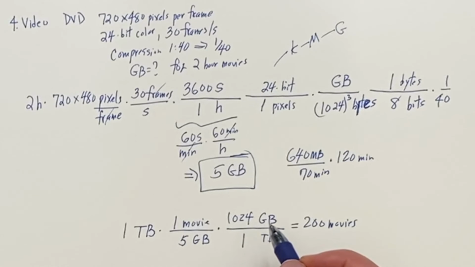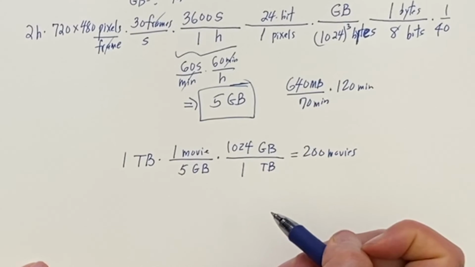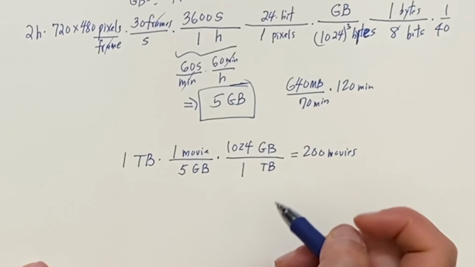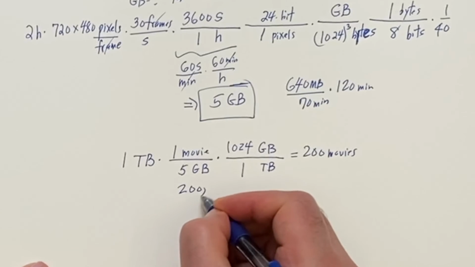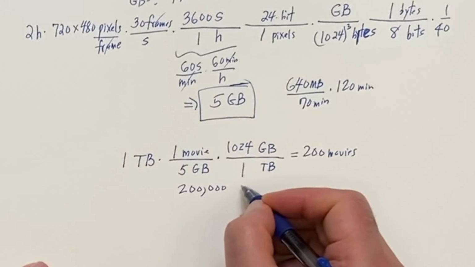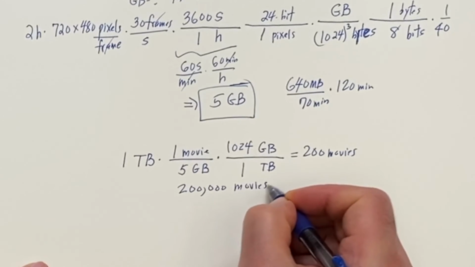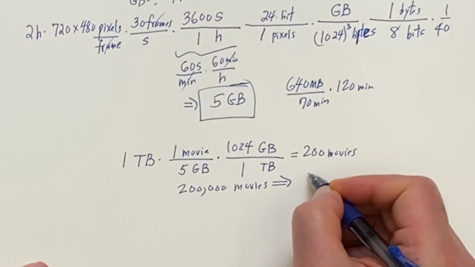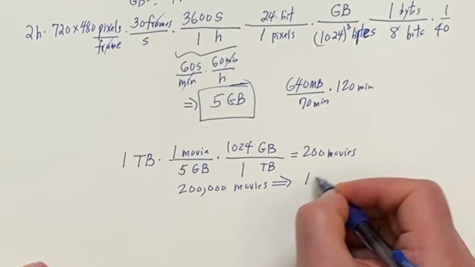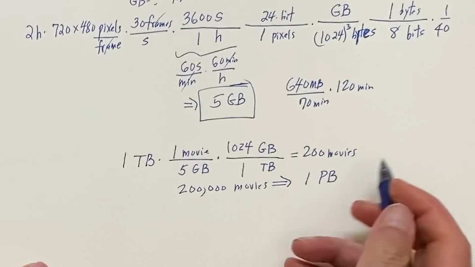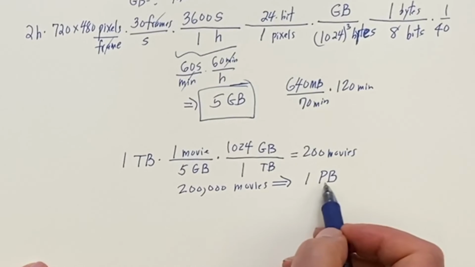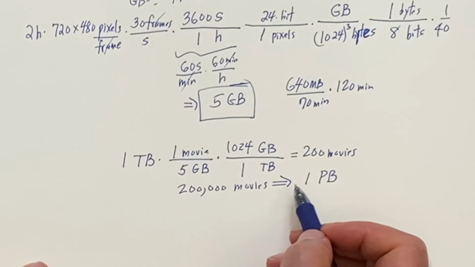And Amazon Assistant says there's about 500,000 movies in existence. So if you multiply by 1,000 to get 200,000 movies, that would mean I need a petabyte. Now, not all the movies are 2 hours,